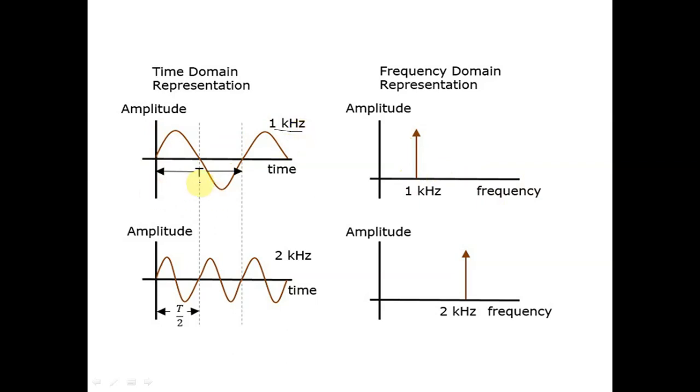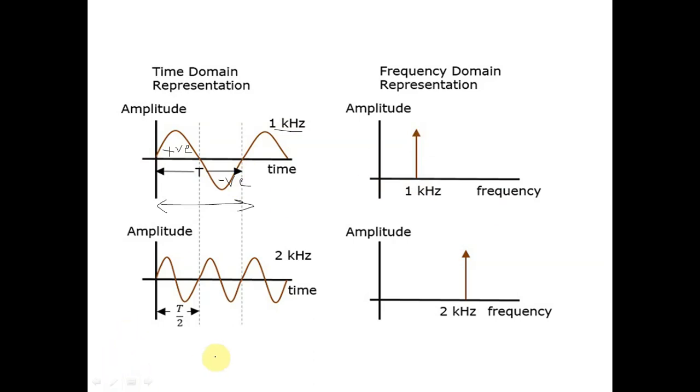This one is the T. T is nothing but time period, the number of cycles completed in 1 second. In this time period, 2 cycles are completed. The first one is the positive cycle, and this one is the negative cycle. So in one time period, a positive cycle and a negative cycle will be transmitted. So it has a frequency of 1 kilohertz, and this frequency is denoted as 1 kilohertz.